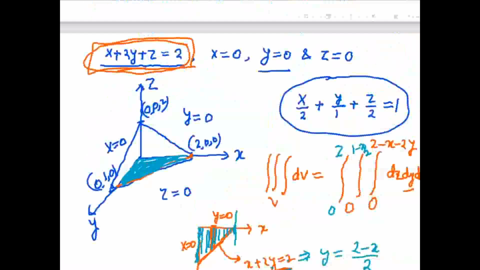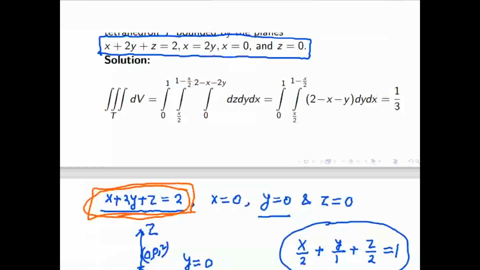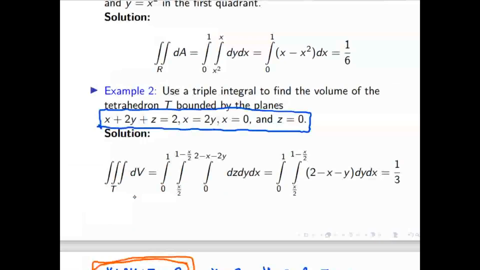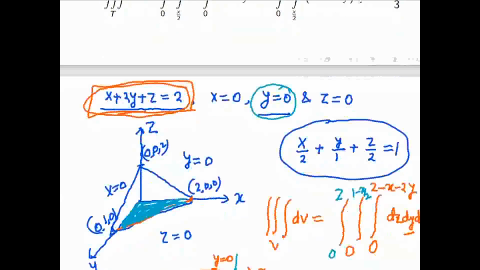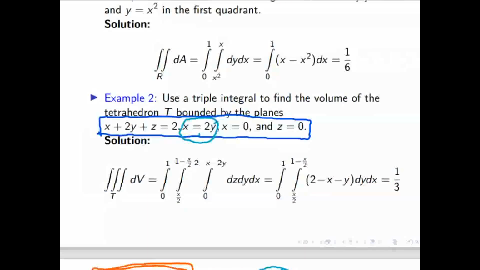Yes, sir. So now we'll come back to the original problem. The only change here is that x equal to 0 is there, z equal to 0 is there, that plane is also there. So here x equal to 2y is there, but in this example whatever I did here, y equal to 0. So that is the difference. That means this xz plane is not there. Instead of xz, this plane is there, x equal to 2y. So once we draw x equal to 2y, and whatever region will be covered by these 4 planes, that volume we have to find in this example too.